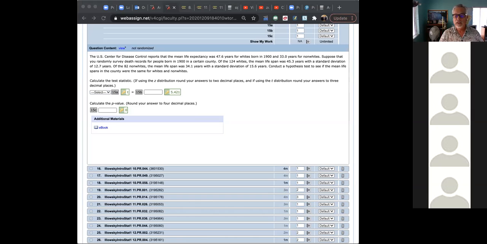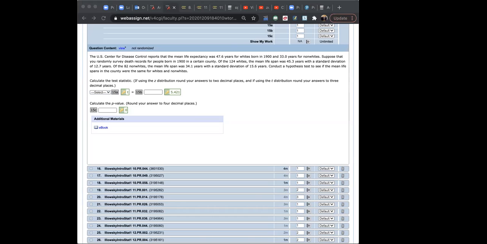I'm sorry, having a little trouble here. Okay, so let's go back to our results here. Okay, and so here's our alternative against the null, that they're equal versus they're not equal. That conforms to the wording in the problem, and StatCrunch will calculate the t-stat for us, okay? And we get